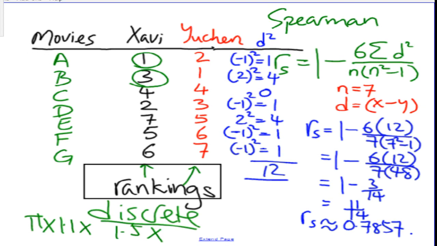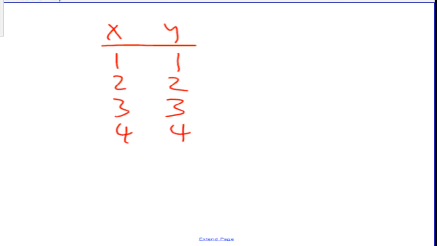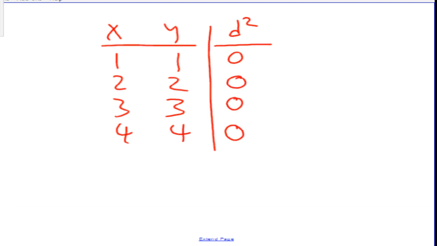So at this stage, you're probably going to ask, well, what's the use of this number? What is it telling me? Well, if these two sets of data are no different from each other, for example, let's say I have two sets of data, x, y, with no difference: 1, 1, 2, 2, 3, 3, 4, 4, for example. In this case, d squared is always going to be the same, right? There's no difference. Therefore, using the RS,